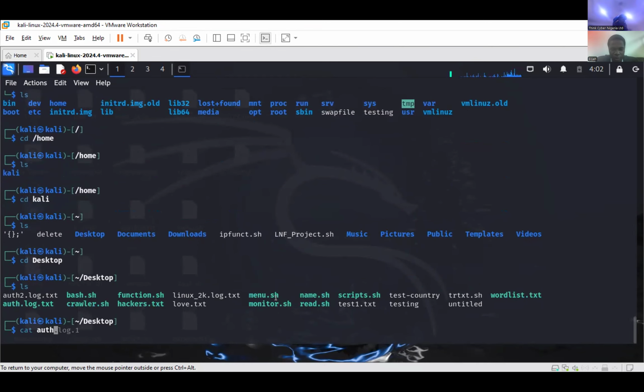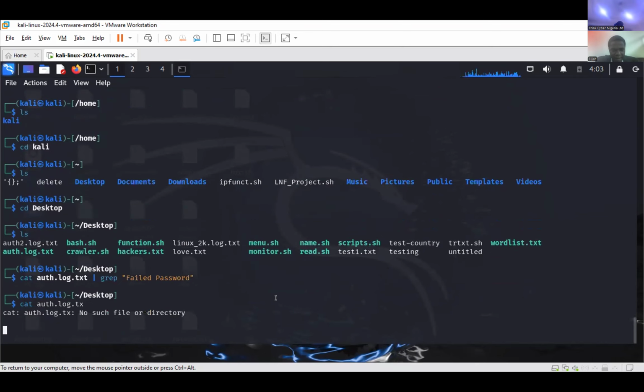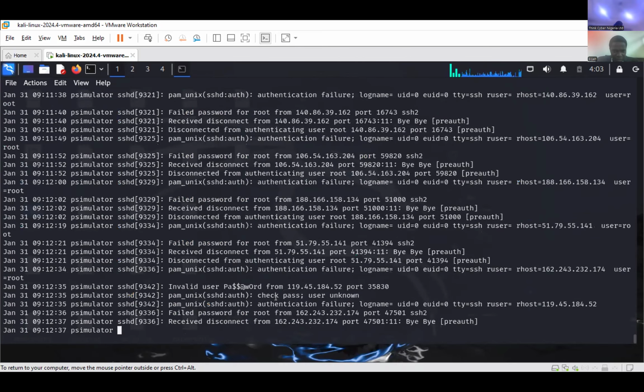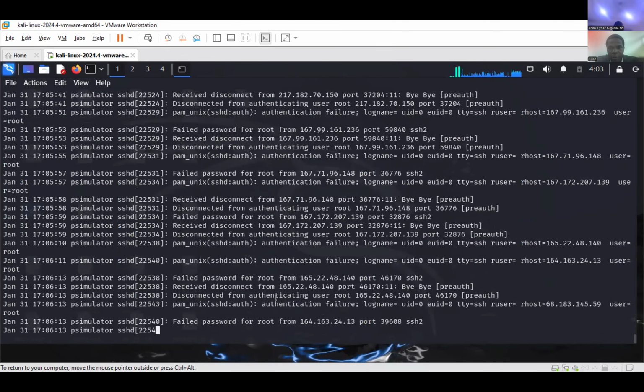Cat of the log, and I will look for the same failed password to see who attempted to enter and failed the password. So here is the log of what has happened on my computer.